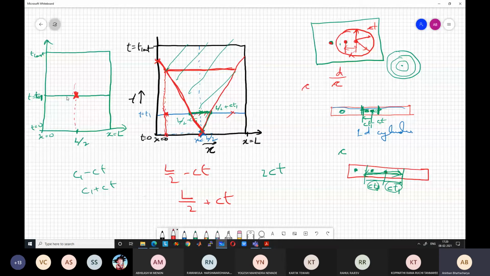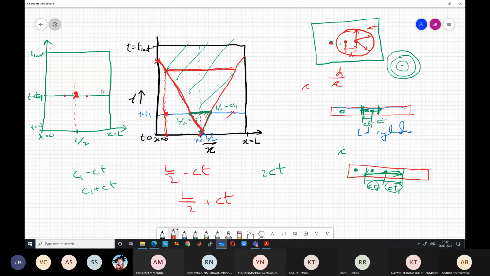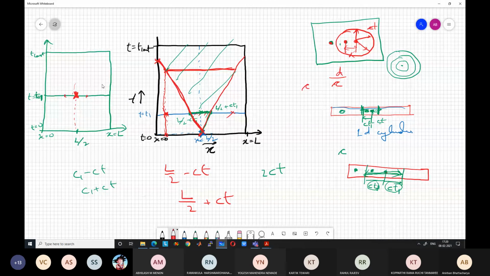Now again the information will pass. Information will pass at what speed? At the speed of sound, or the free speed of the pressure wave, in this direction. So this observer will come into the zone of influence after a certain time, when this point comes within the zone of influence. So now this is the zone of influence of the point, only the time after this and bounded by these two lines.